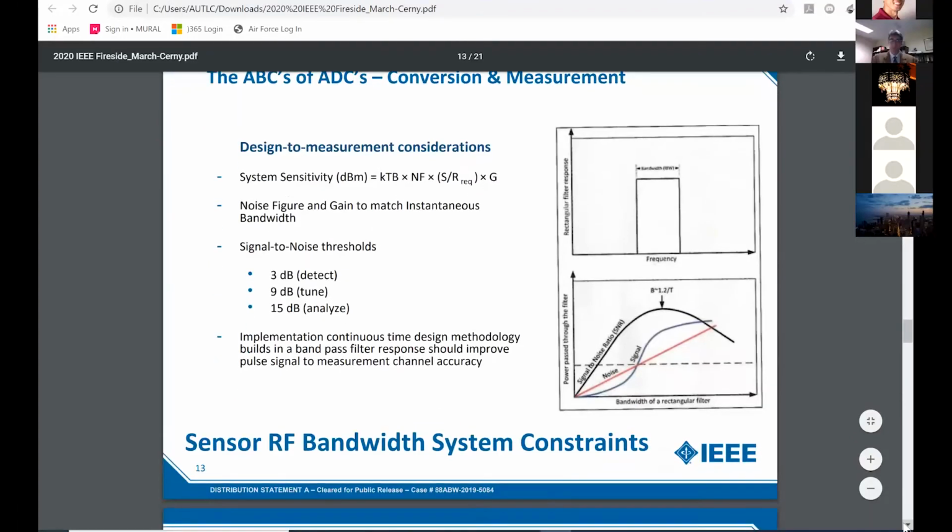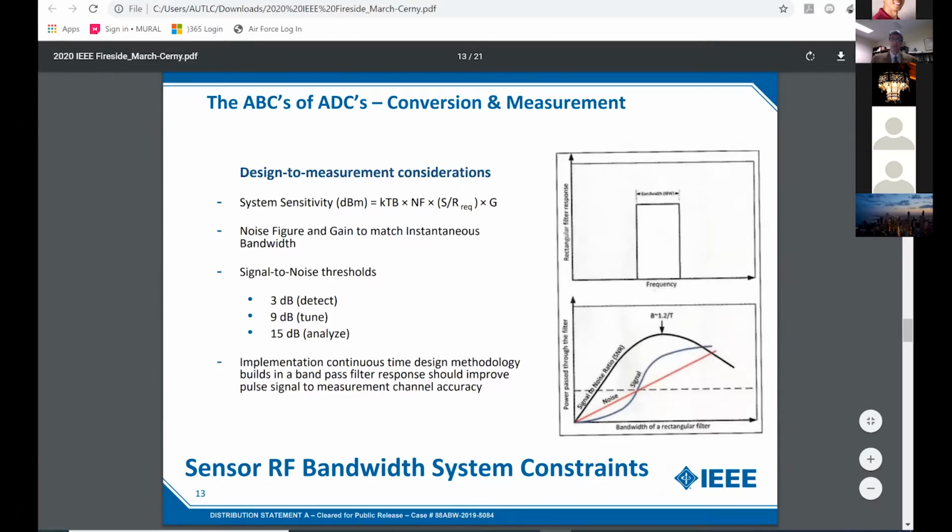All right, so as we were saying, the analog to digital converter interfaces between the continuous world and the digital world. You want to be able to see and make a measurement of how sensitive your system can be. That's provided by the formula in the first bullet, where we'd already spoken to a signal to noise ratio, an additional noise factor, gain, because we had spoken to amplifying a signal, and what temperature your sensor is going to operate at.